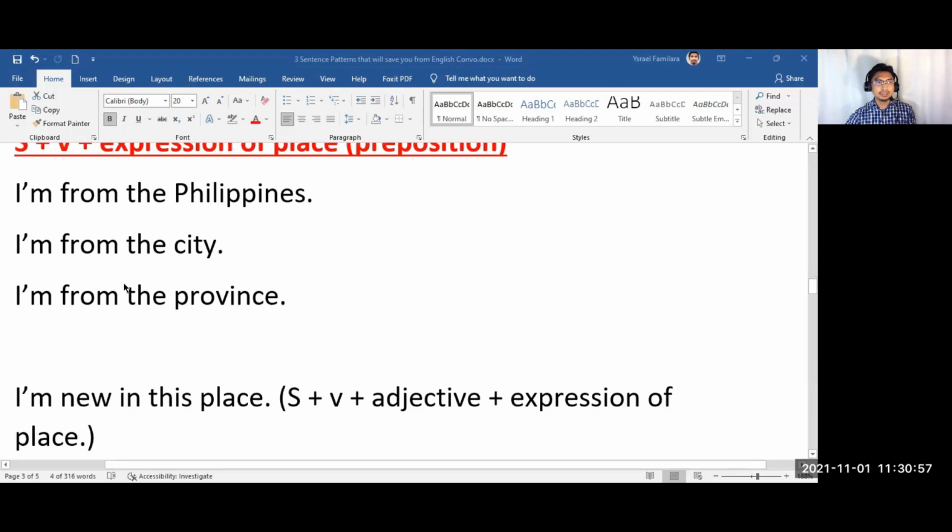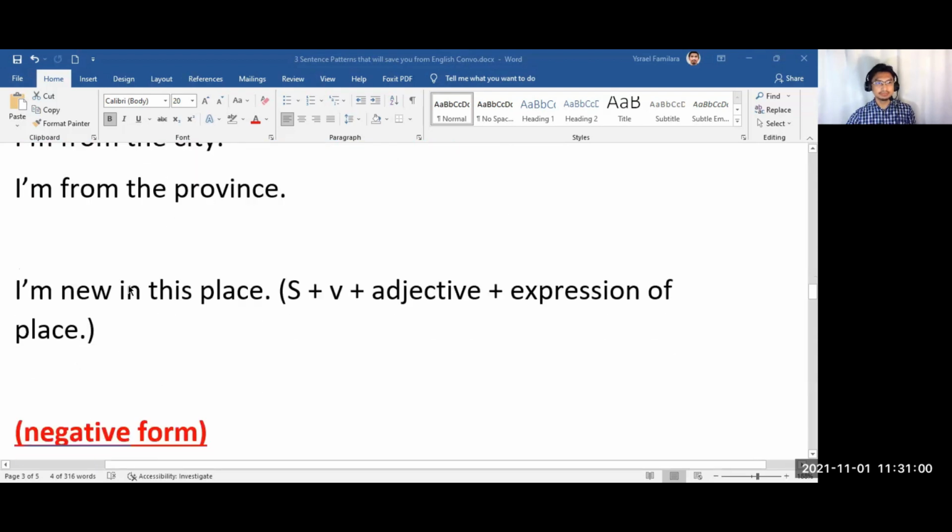Okay. Now let's move on to another. So in some situations, you may have an adjective. Still, you will have an adjective, and you can do that. Like for this example, I'm new in this place. So this pattern presents us with an adjective in between. So naibalik natin si adjective. Pwede pa rin yun. Subject plus be verb plus adjective plus your expression of place, which is prompted by a